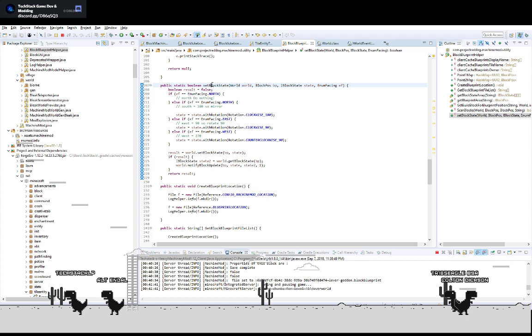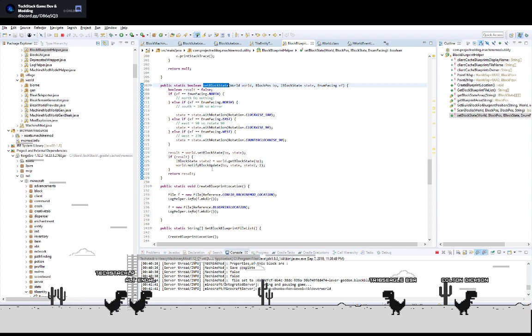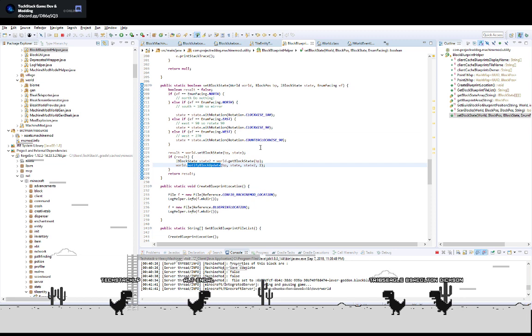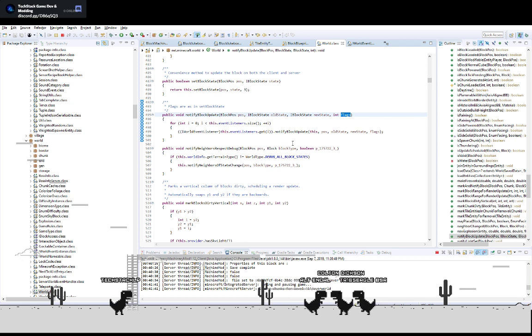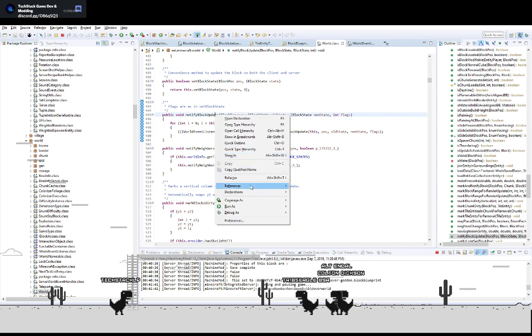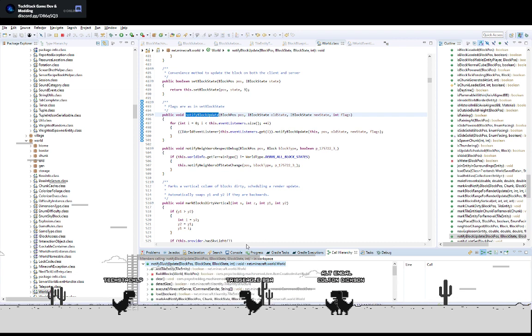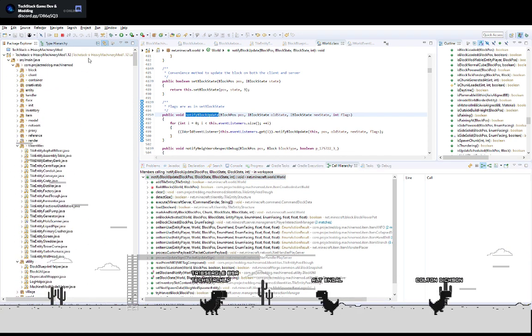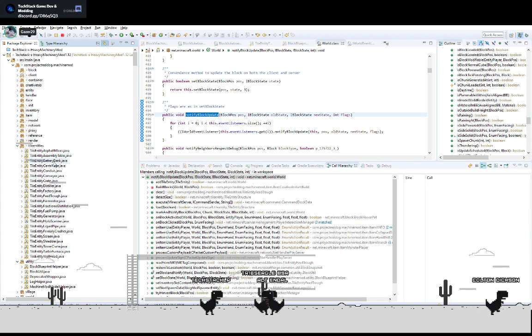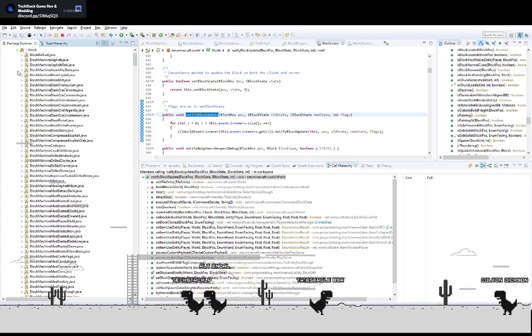So I could modify my set block state with another parameter to allow it to not pass that. But I don't know if that's going to have some other weird ramification if we don't set the flag to 2. There's probably places where I'm doing it without setting it to 2. So when I'm placing my portal, for example, for the bleak dimension, bleak portal,